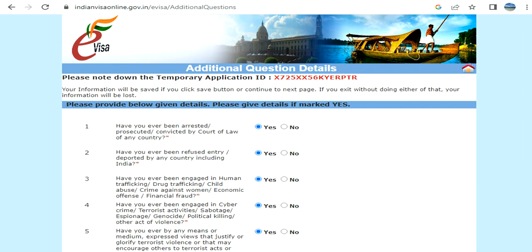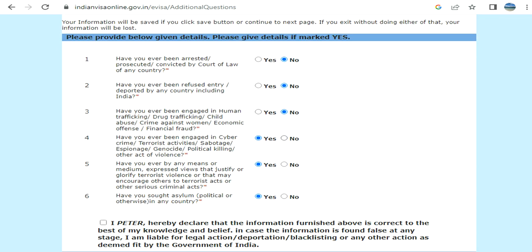Have you previously been arrested or convicted by a court of law? They have selected yes by default so that you can go ahead and make the right correction. I hereby declare the information is correct, and if you click on save and continue, it's going to ask you to upload your documents and pay the fee. That I'm not